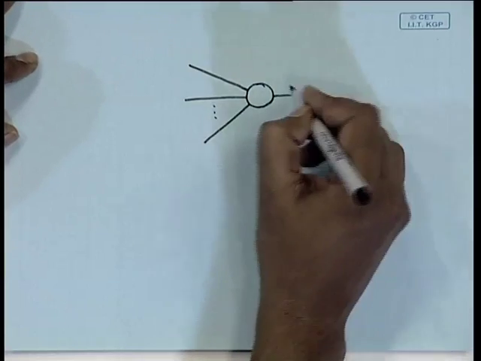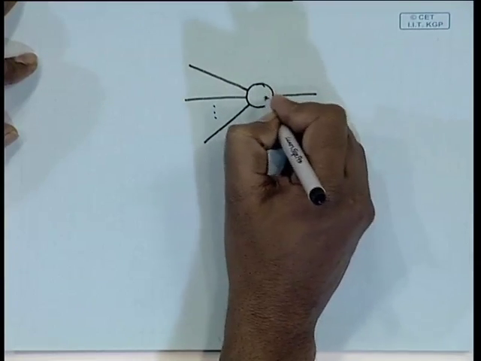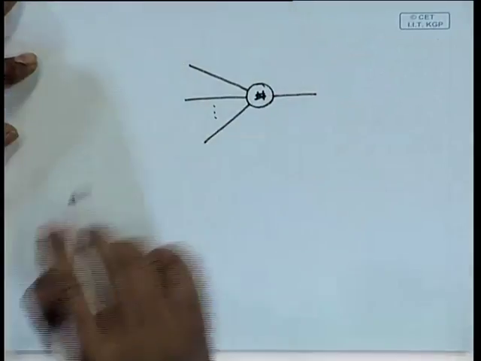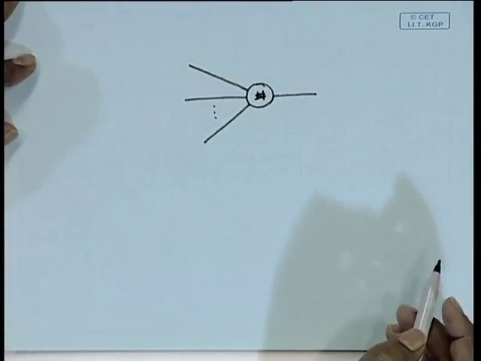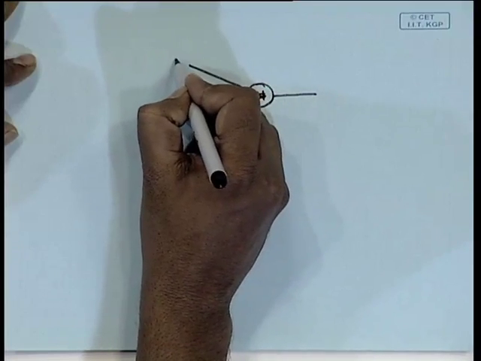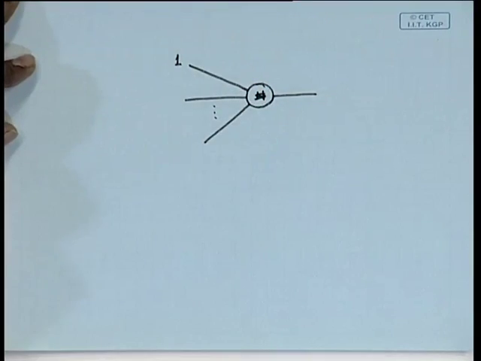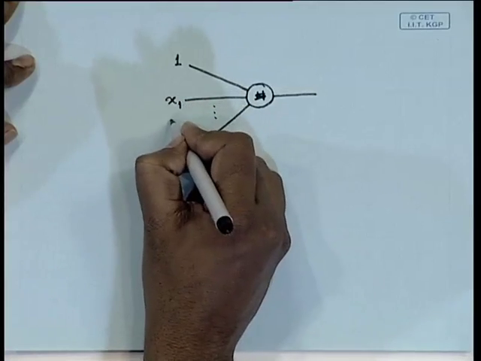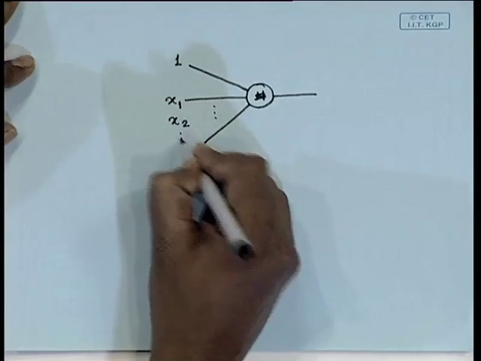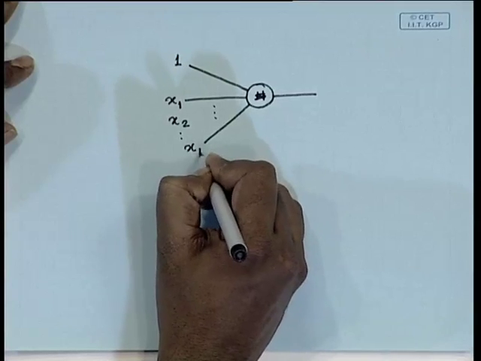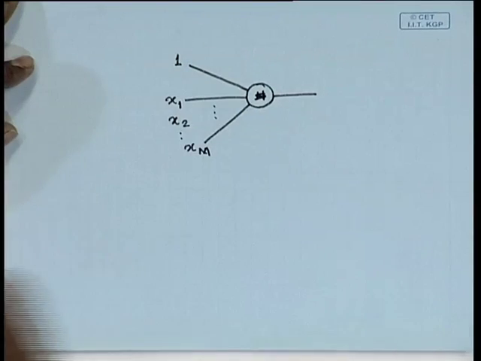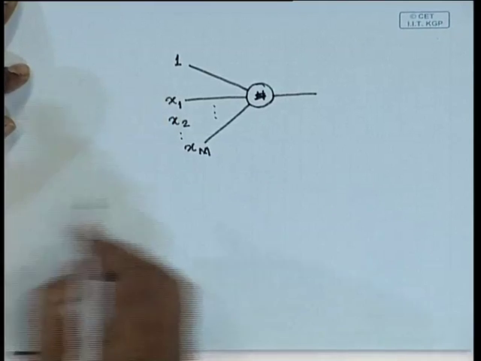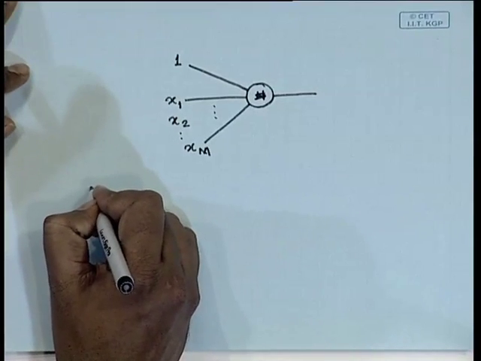I can say that this is my neural node, or let me not use n, because in many cases we are using n to represent the dimension. If I have a bias, one of the inputs will be equal to 1 and the other inputs will be the different components of the feature vector up to say x m, let us say. And here my g of x,